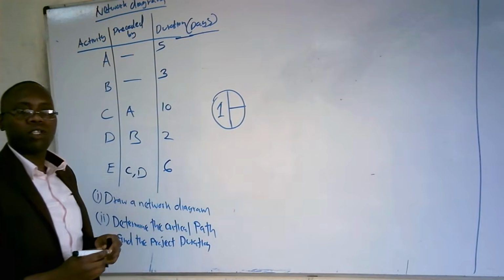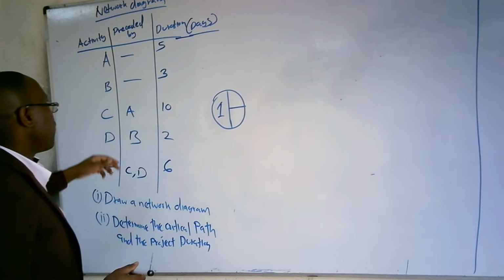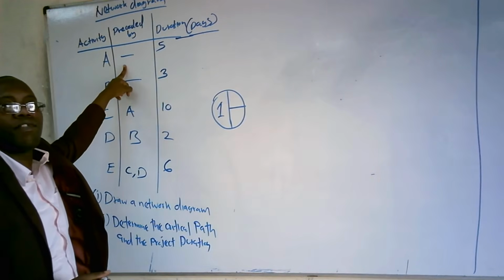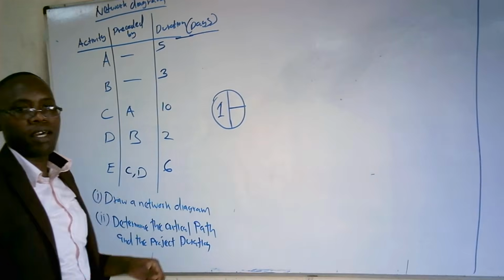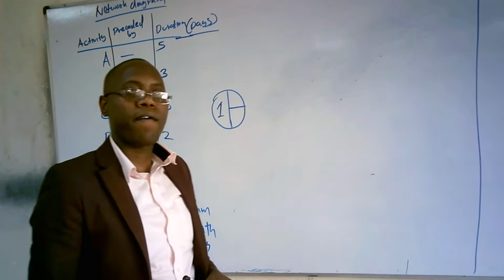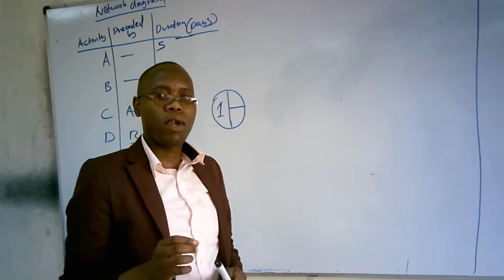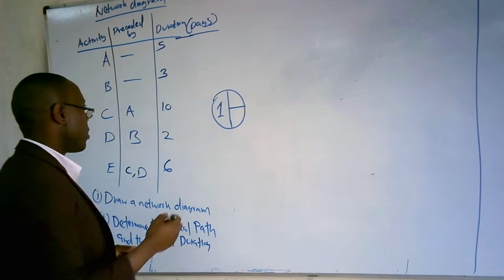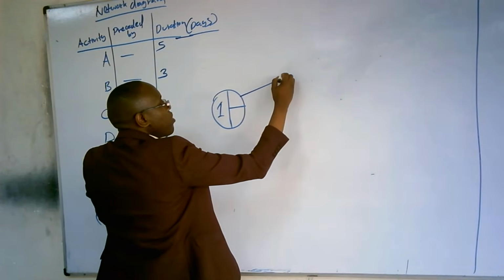This is the node number 1 that we should start with. And then activity A: if you can see, activity A does not have a predecessor. An activity that does not have a predecessor should always start from node number 1. In this case, activity A is going to start from here to